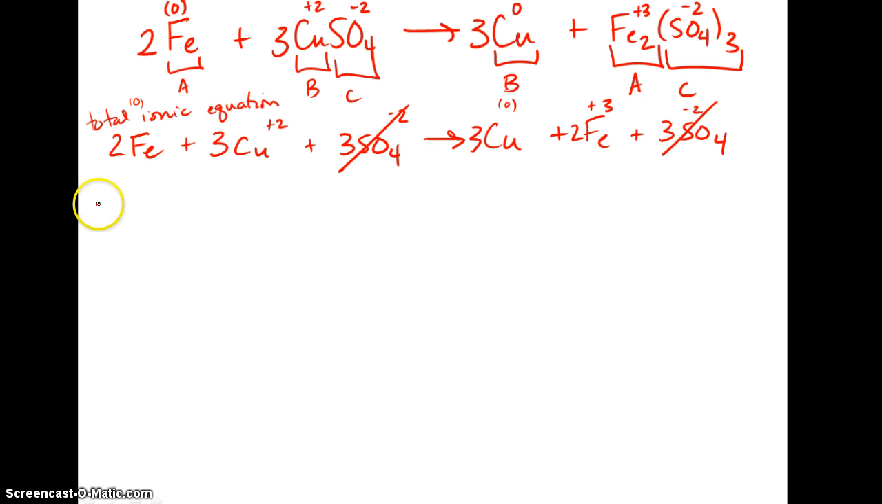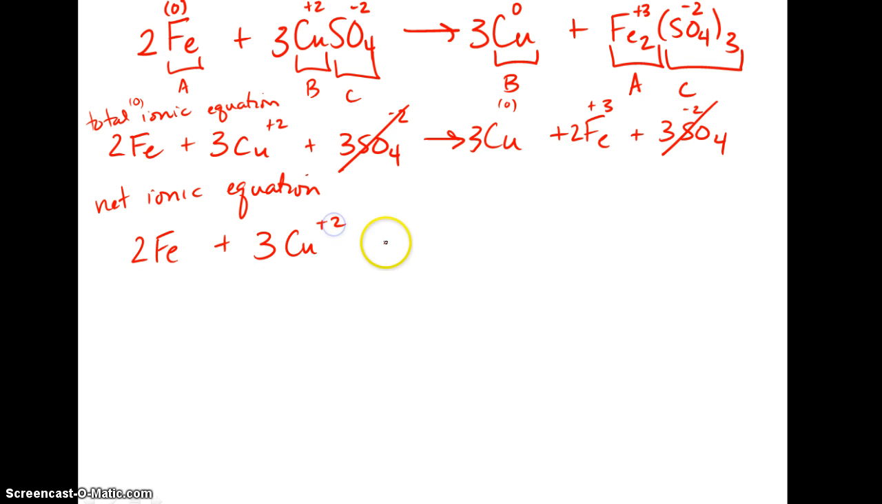So I can say that my net ionic equation is 2 irons plus 3 copper plus 2 with 3 copper. Remember, we don't put a charge here because it has a 0 charge, plus 2 irons with a +3 charge. All right, so this is what I'd like you to do with all of those problems that I have given you. The next thing that I want you to do is tell me which one was oxidized and which one